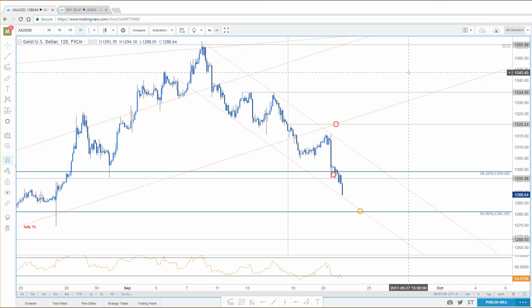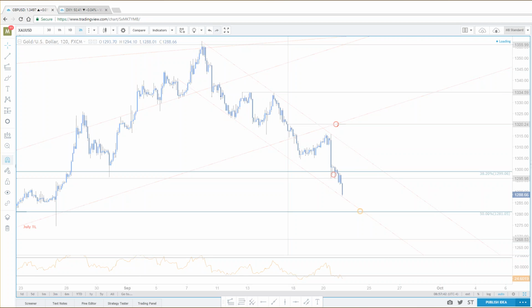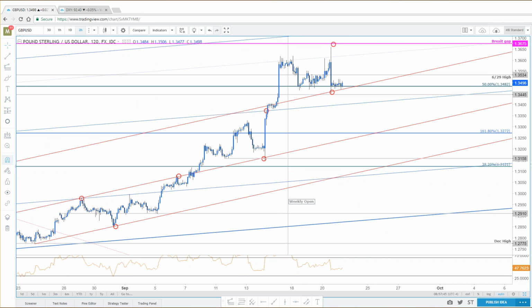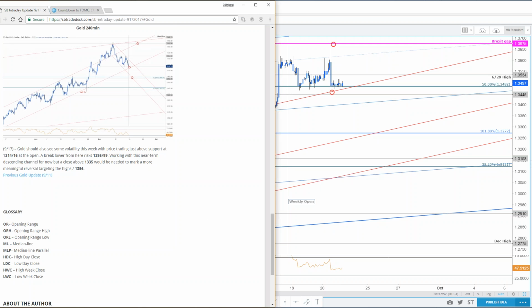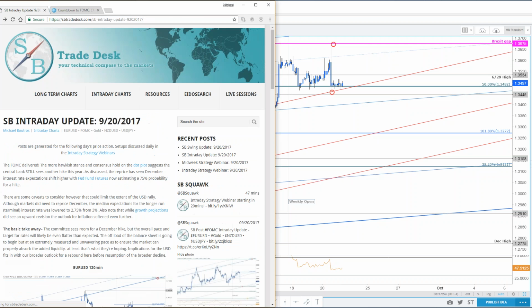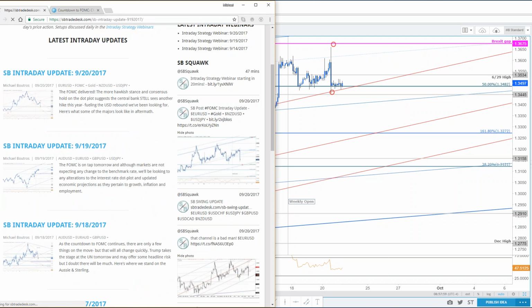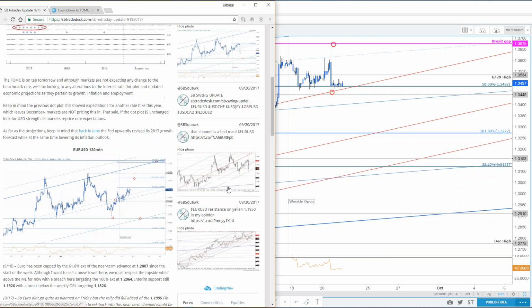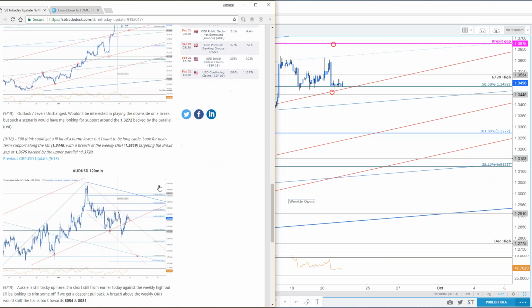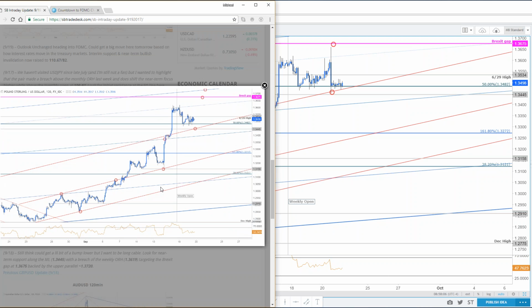Okay, so sterling. Mr. British Pound is number 6 on today's session. Here's what sterling's doing. It's still in the weekly opening range. So, quick review on what we've been looking at with the pound so far this week. Here's what it looked like back on the 19th, just ahead of the FOMC. The main play and the main thing that we've been talking about is the Brexit gap, wanting for us to stay long, looking for us to fill the Brexit gap.